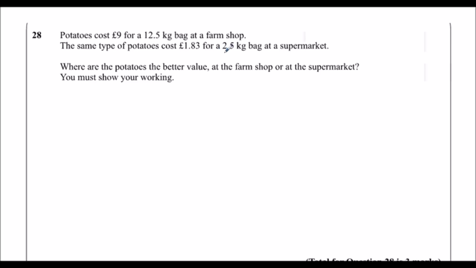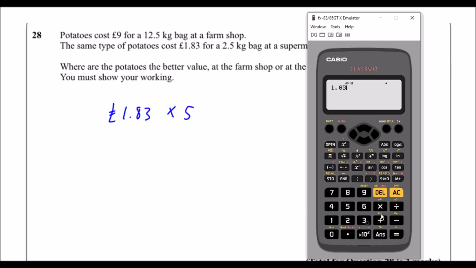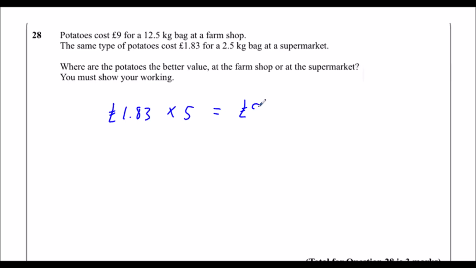So if we multiply £1.83 by 5, that's £9.15. So at the supermarket, it will be £9.15